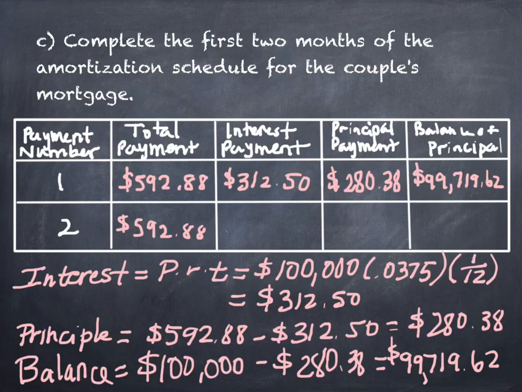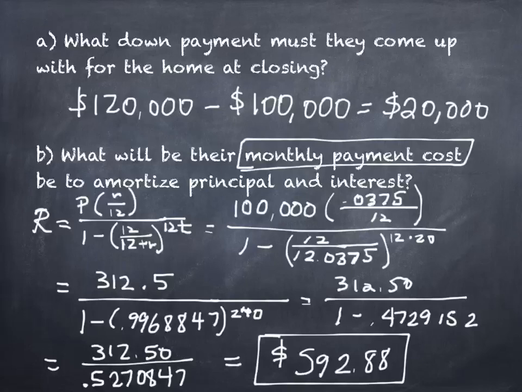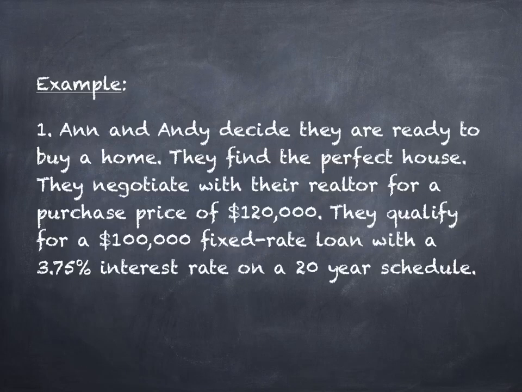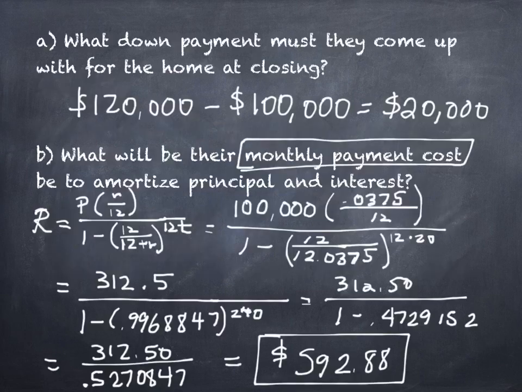All right, so this was month 1. Sorry, question. Can you back up? You bet. Balance, that's the 100,000? That's the original $100,000. That was our first amount that we owed money for. And then we paid the $280.38 towards that, so we don't owe that $280 anymore. We paid that off. I just wanted to check where the $100,000 from the original problem came from. Over here, they borrowed $100,000. That's where it came from. Gotcha. Okay, good questions.